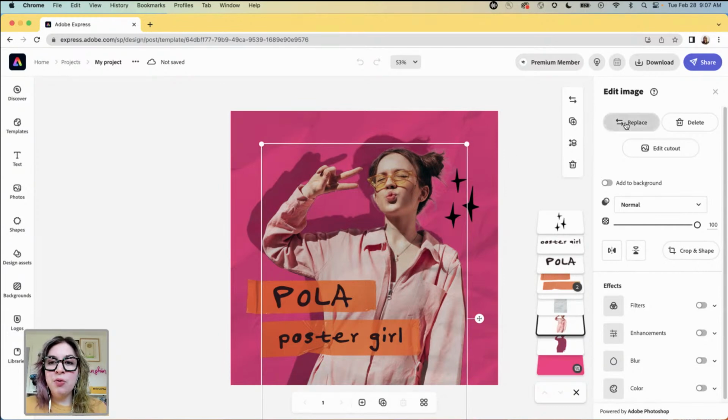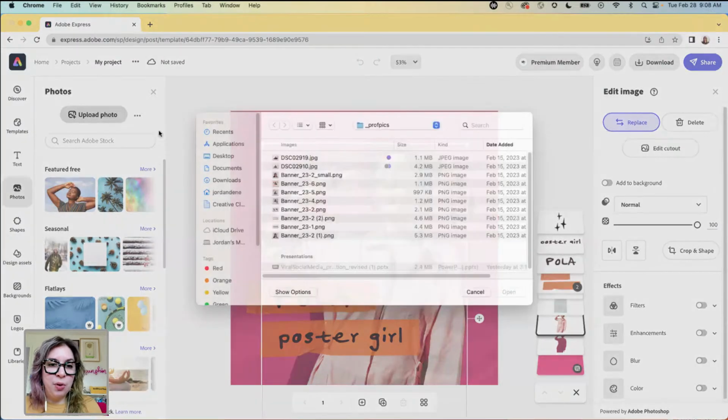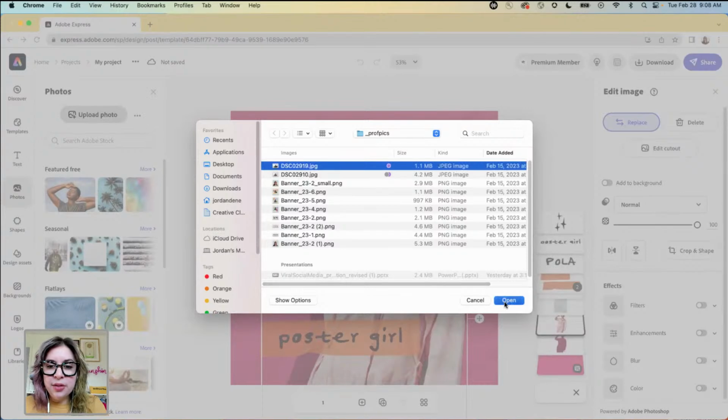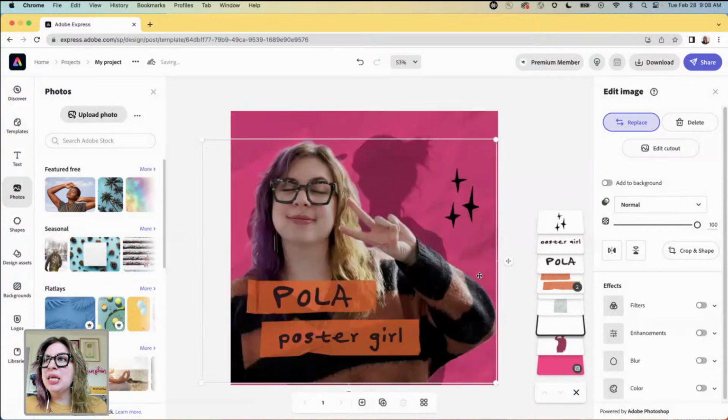So when I hit replace, I could choose a stock photo, which is great, but I'm gonna make this a little personal and use a photo of me. I'm gonna use this one, which is the photo I used for my party invitation. So we'll just be all the way on brand with this. While that is replacing,